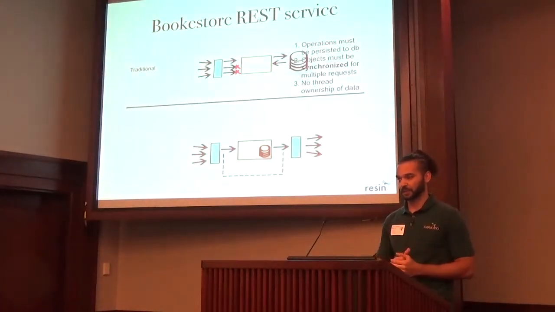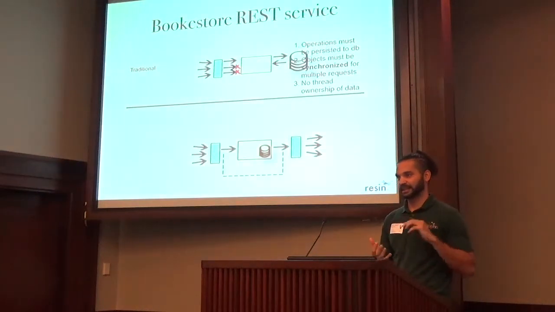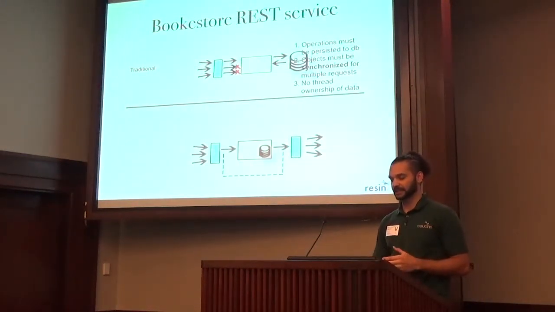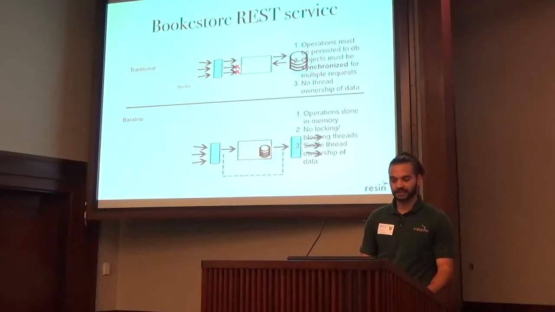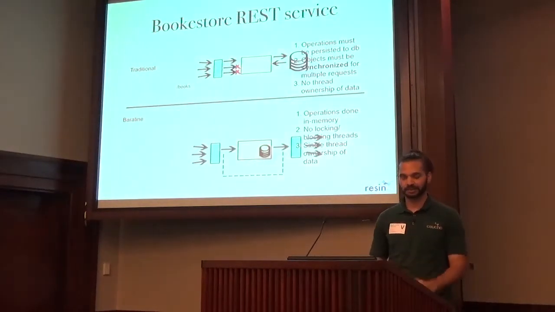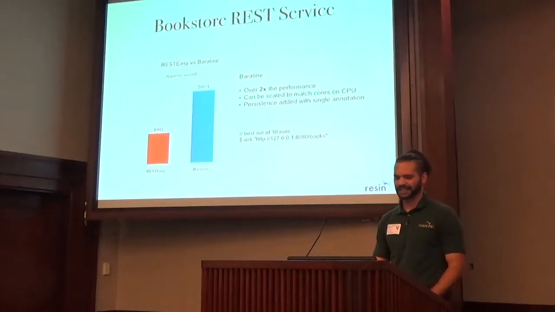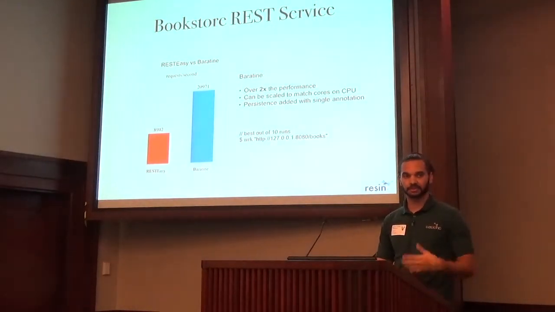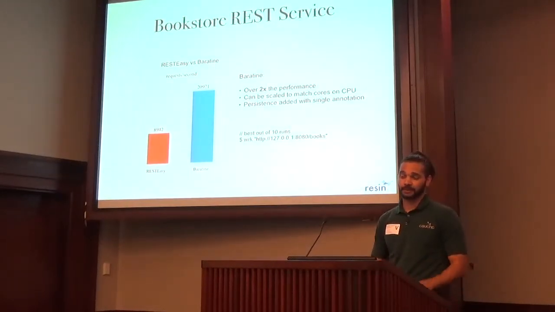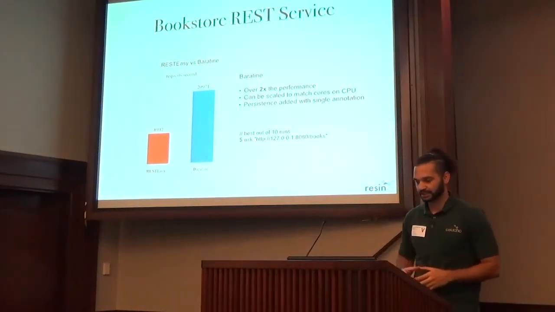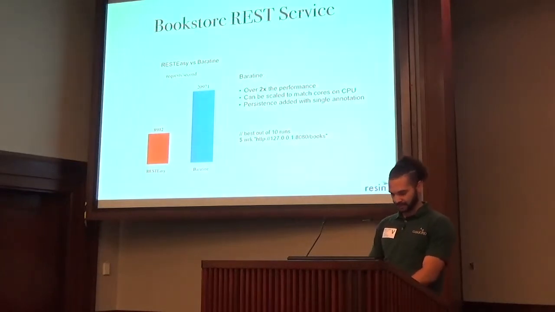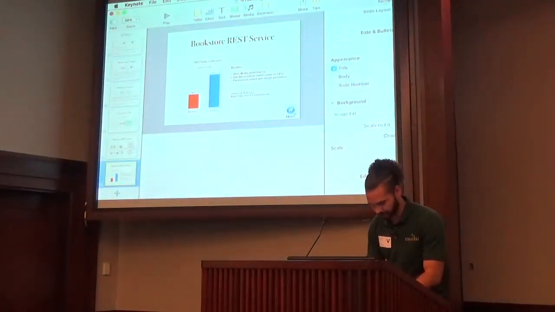That's really far from the course where Vertigo is designed, because Vertigo is designed at the thread and data locality level up, right? So what we get instead within a Vertigo service is the operations are done in memory. There's no locking or blocking that must be done, and we have single ownership of the data. In a side-by-side comparison, with the RESTEasy implementation of JAX-RS and the bookstore REST services, we get over 2 times the performance with Vertigo. We can also scale Vertigo to match the cores on a CPU, and we can have persistence added with a single annotation. So rather than just continue to show you slides of this, I do have here